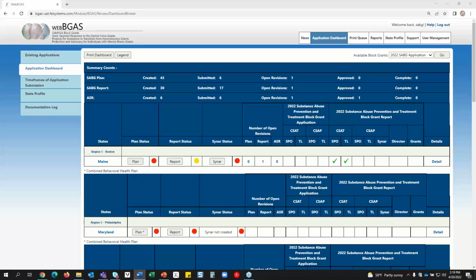Any other questions? Okay, a couple more things I want to point out before I turn it over to Charlene. You will note here along the left-hand side on the menu tree, you can get an existing application. The time frames are set here, the state profile, which is also up here, and the documentation log. Now, like I said, Charlene is going to go into detail, but I just want to point out that you can